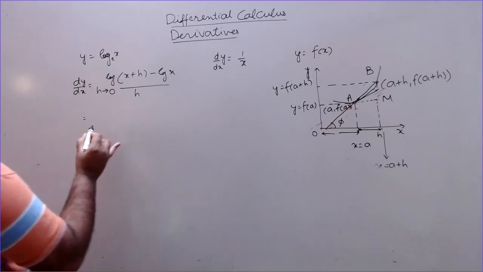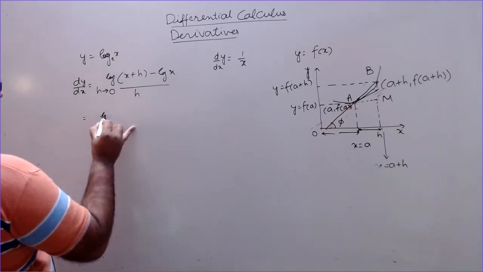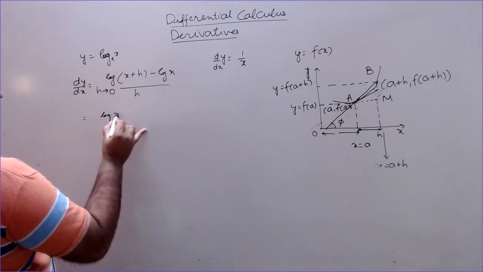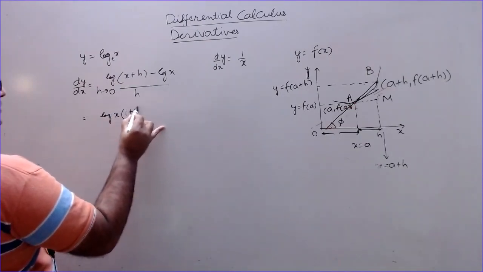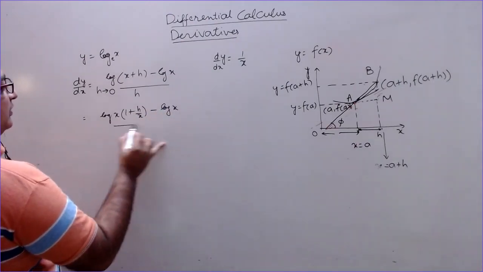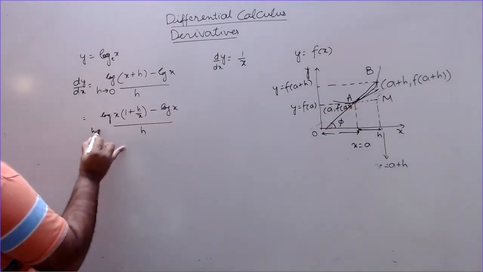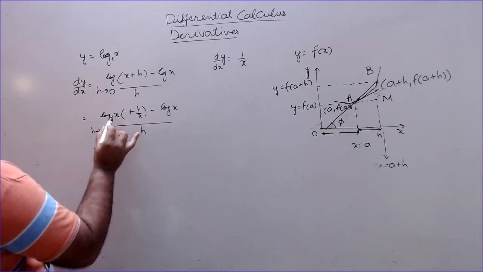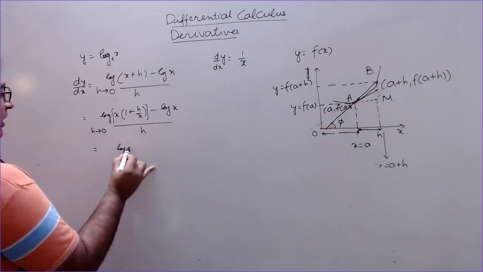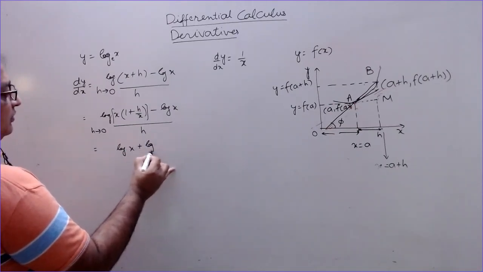So I can write this as log of, if you take x outside this, x(1 plus h by x) minus log x divided by h, as h tends towards 0, and log of a into b is log a plus log b. So log x plus log